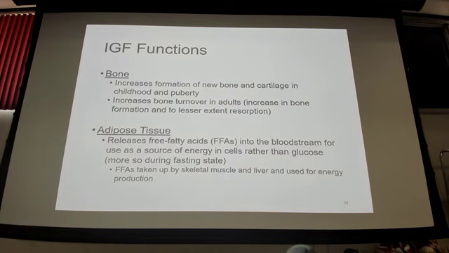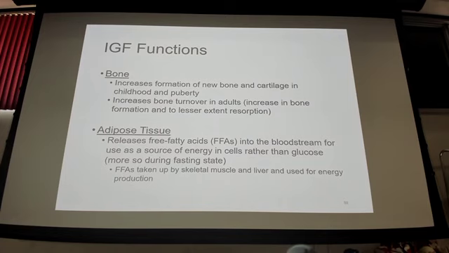In the bone, they make bone. They increase cartilage at the epiphyseal plate. Everybody know what the epiphyseal plate is? The cartilage at the growth plate. You guys have heard of growth plate, right? Cartilage at the end of your long bones. As you grow, that cartilage towards the inside is replaced with bone, and that's how your bones get longer, and that's how you get bigger. All right? So HGH stimulates that during adolescence and growth.